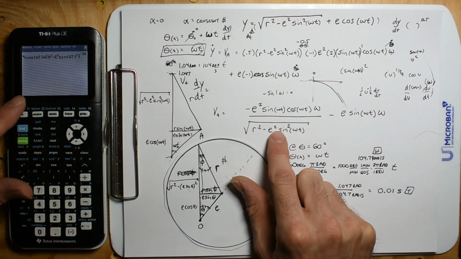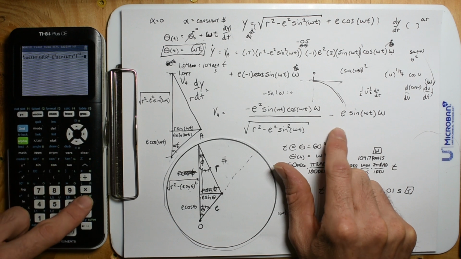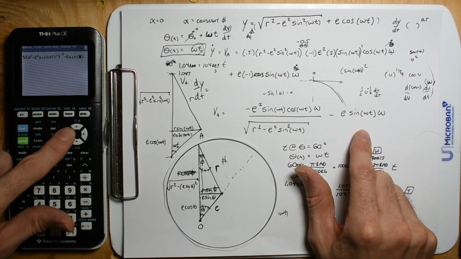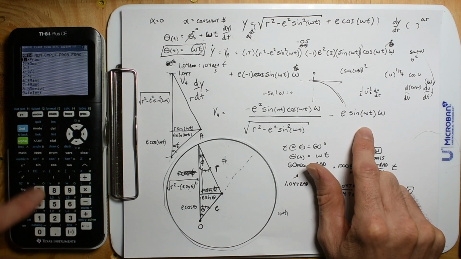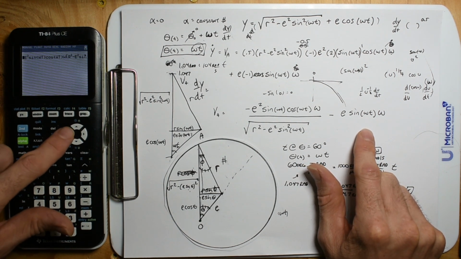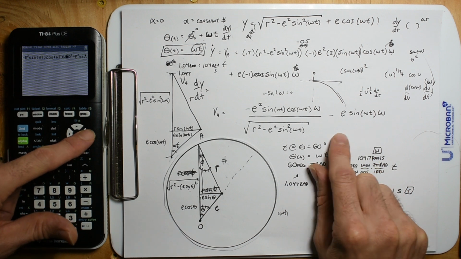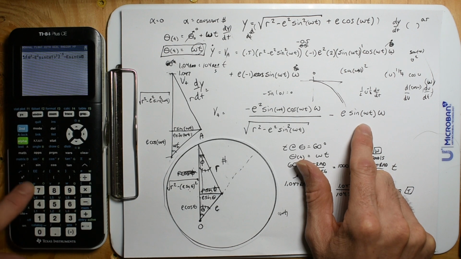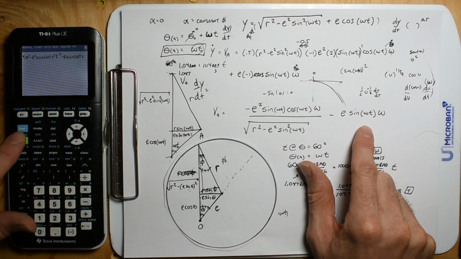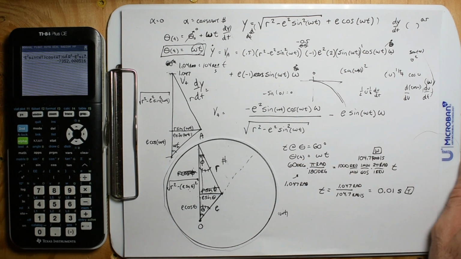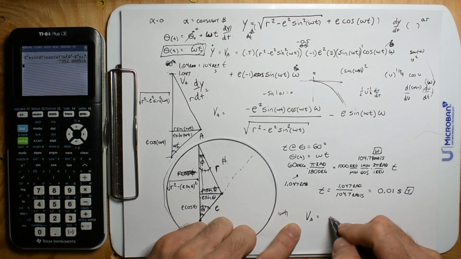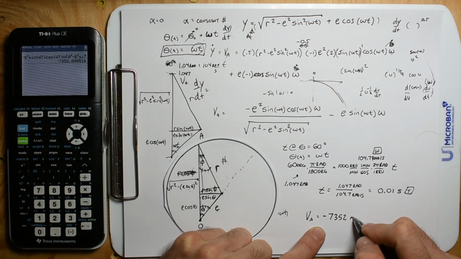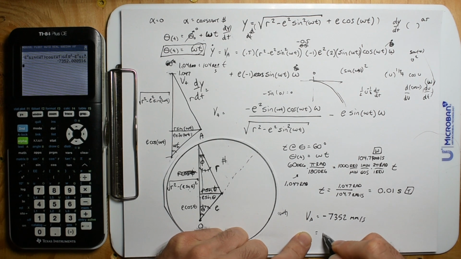It's all upstairs in my calculator. Then minus alpha e sine omega t, and then omega. So we get a velocity of negative 7,352 millimeters per second,